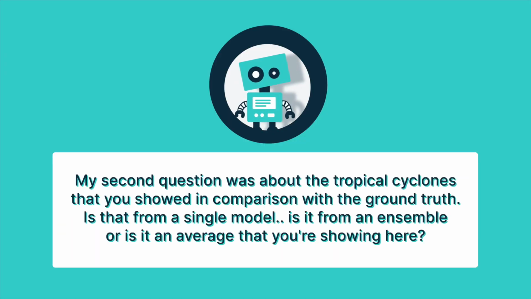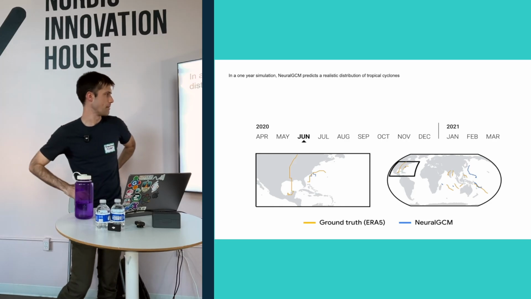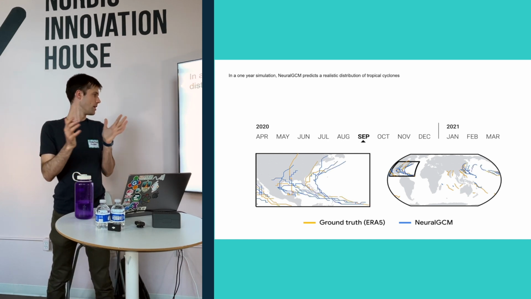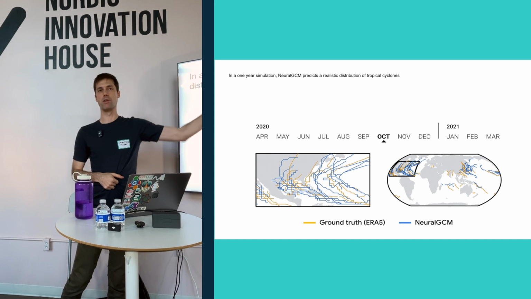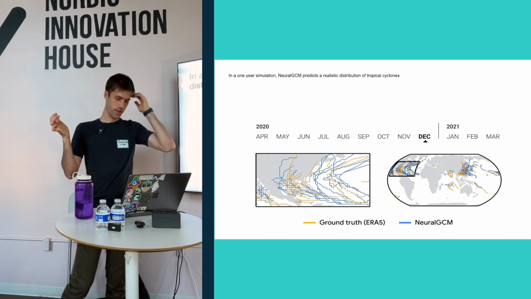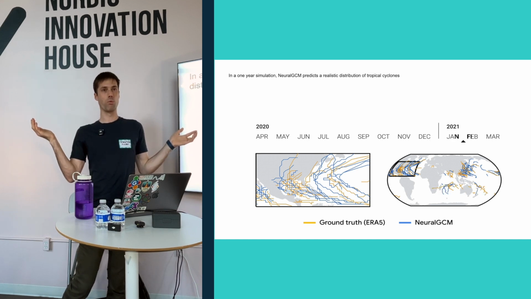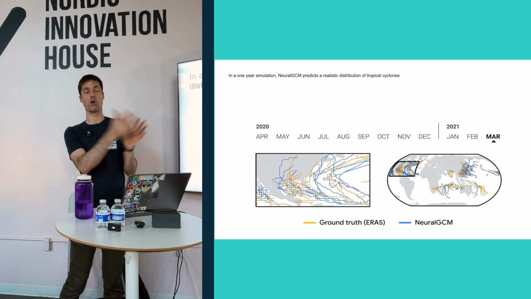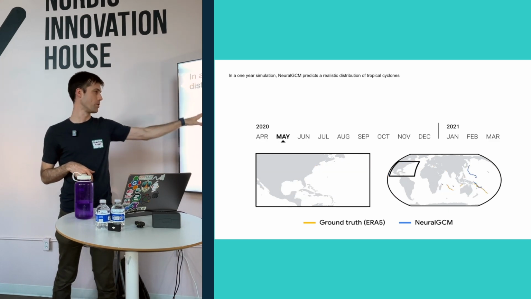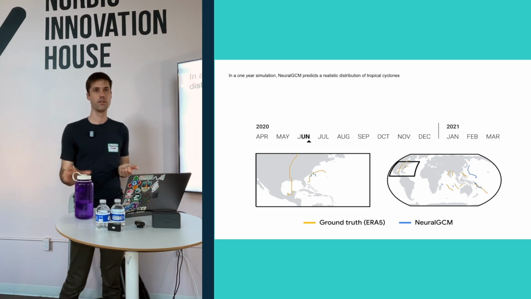And the second question was about the tropical cyclones that you showed in the comparison graphs. Is that a single ensemble number, or the average that you're showing here? This is just a single example of what might happen, and we run it for a whole year. But we do have a stochastic model, so we can also run this out for an ensemble, and that's pretty useful for understanding. We also looked at a 1 week weather forecast for tropical cyclones. There's a lot of uncertainty about where it might go, so we ran out different scenarios as well. But this example is just one realization that we're showing.